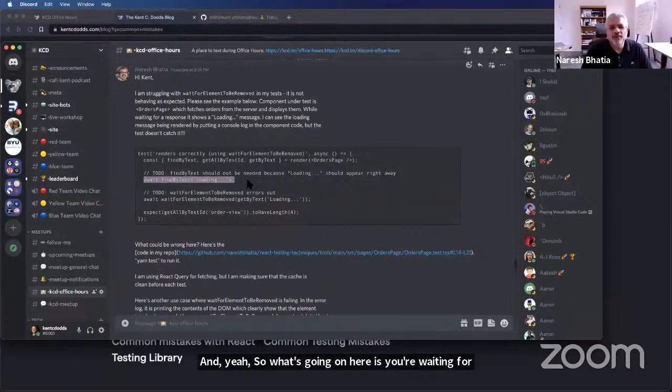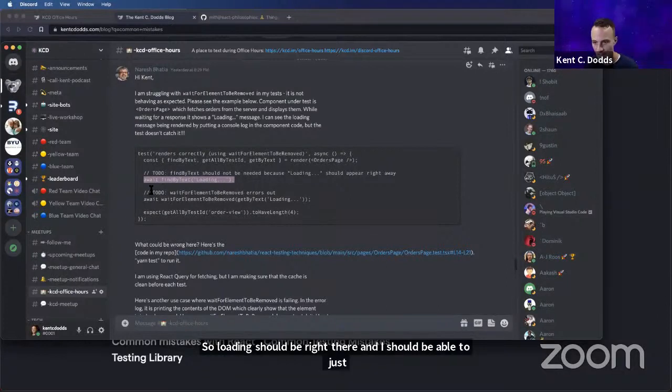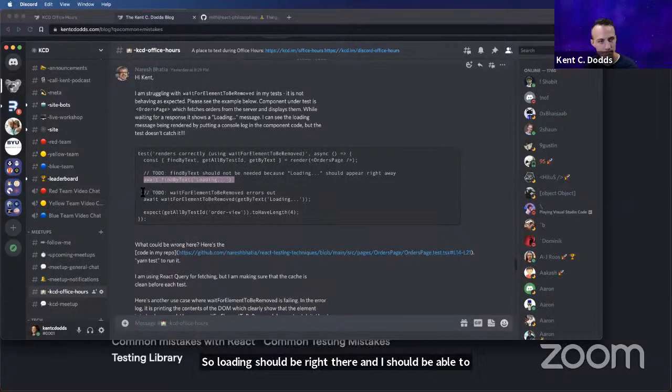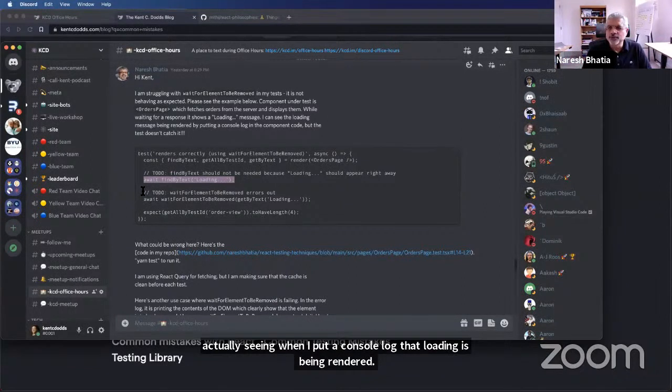And that should not even be needed, I think, because the component, as soon as it's mounted, is trying to load stuff. So loading should be right there, and I should be able to just do the second statement. But for some reason, I'm seeing when I put a console log that loading is being rendered, but wait for element to be removed is not catching it.